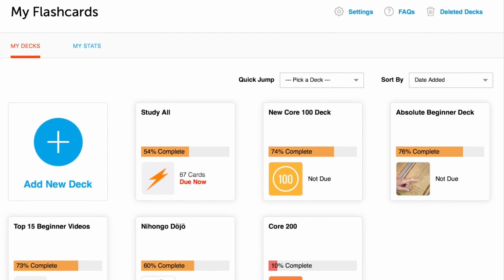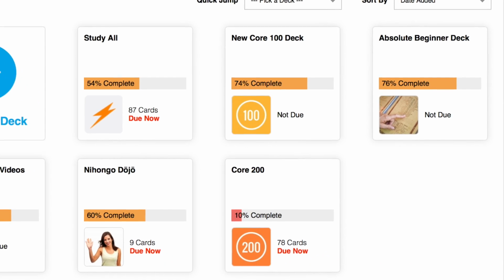There are things like Anki and Memrise, and even JapanesePod101 has a flashcard system that is just as good, if not better, and it doesn't cost anywhere near as much as Rosetta Stone. And Anki is free, and Memrise is mostly free. I will do a review on Anki. I'm working through an Anki deck. I'll probably review a deck and my thoughts, because Anki and Memrise use